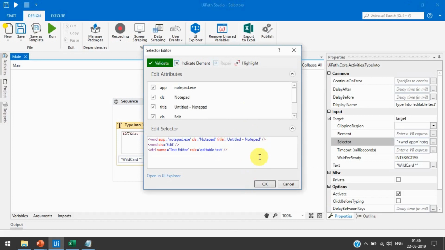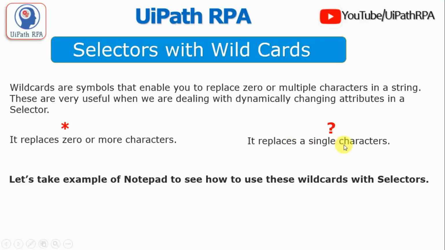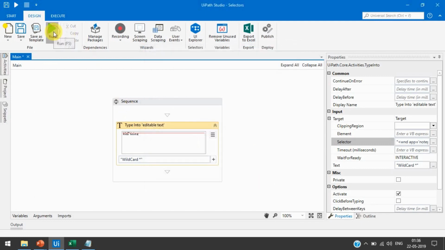Suppose we remove this D from there and use the question mark. What do you think? Will it work or not? It will work, because it replaces one character. You can see here it replaces a single character. Now press OK and then run.